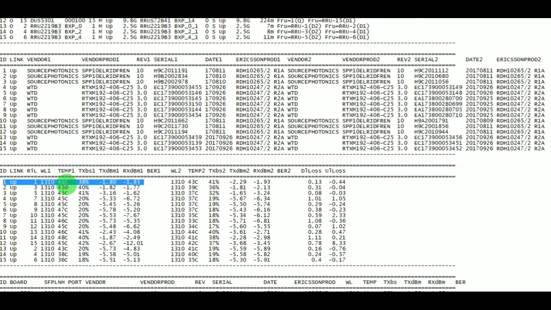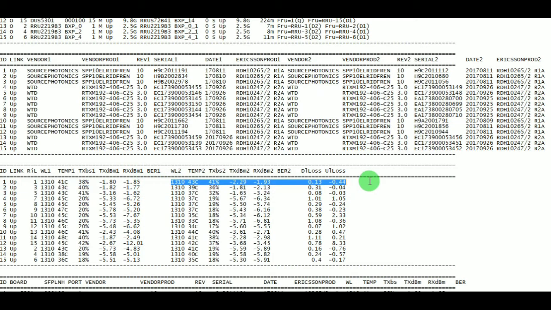Temperature of the SFP module on the baseband is 41 degrees Celsius, whereas TXBS is nothing but transmission rate in bits per second, that is 38%. TX rate in decibels is minus 1.80, whereas RX rate in decibels is minus 1.85. This represents the SFP details on the baseband.